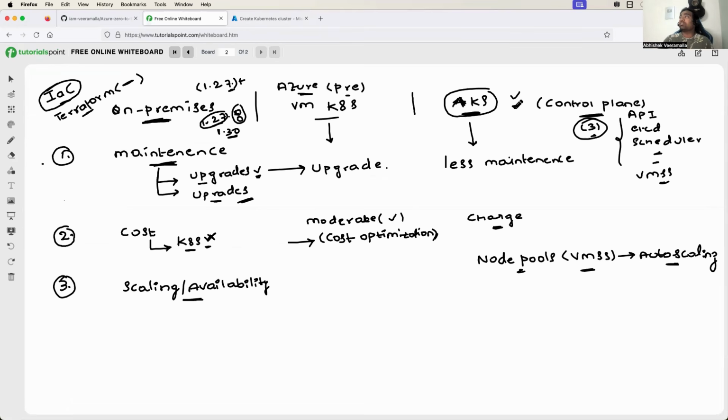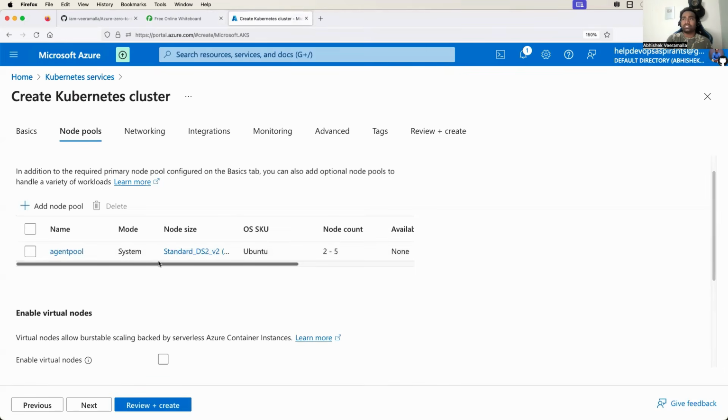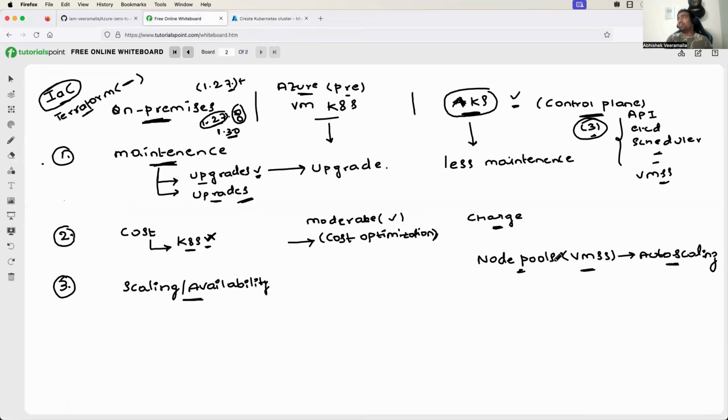And AKS also helps you with setting up this auto scaling automatically, right? If you are configuring the virtual machine scale sets, depending upon the traffic, the nodes are scaled automatically. Here, when you are doing it on premises, unless you have some software installed out of the box, most of these on premises softwares do not come with auto scaling. If you are installing some packages, it's a different case. I'm not talking about those cases, but out of the box,